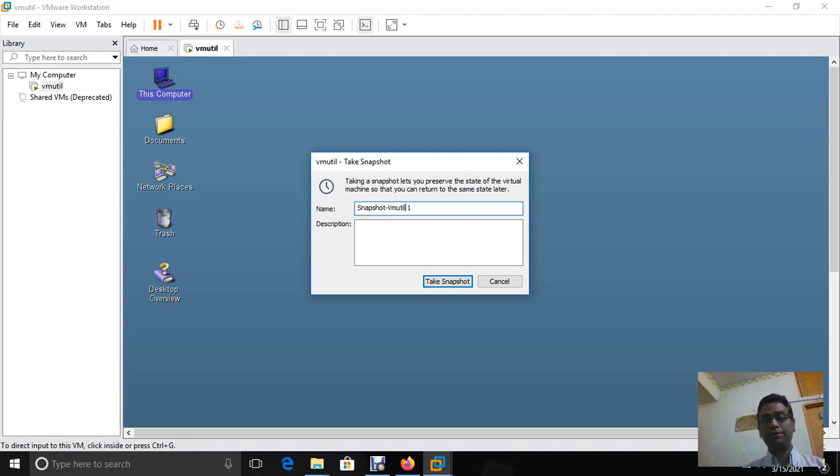Okay, let's take a snapshot. How to take the snapshot? Login to root terminal. If we want to take a snapshot, right click on the snapshot, take a snapshot, and type a snapshot name. I put the name snapshot of